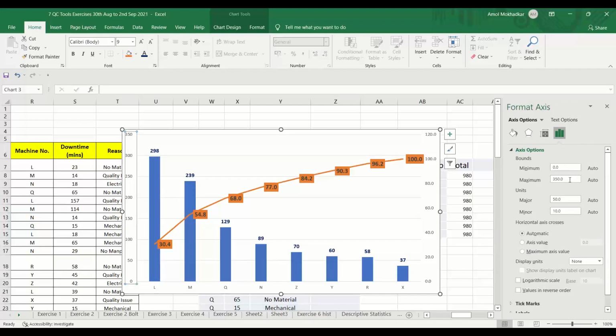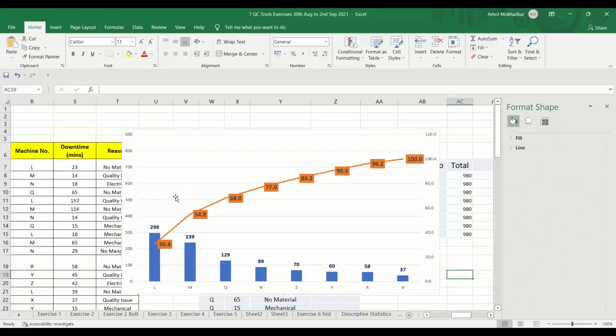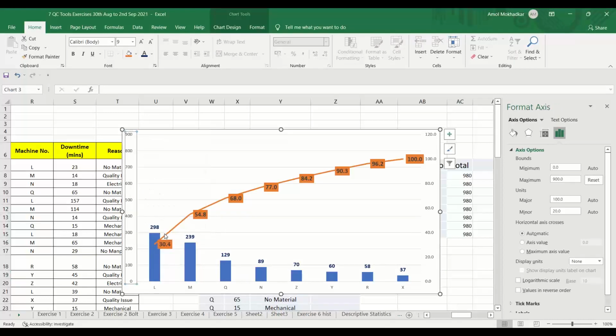You start, you make it 900 for example. So now it has started from the tip. Normally it should start from the tip here. You can again change this series to